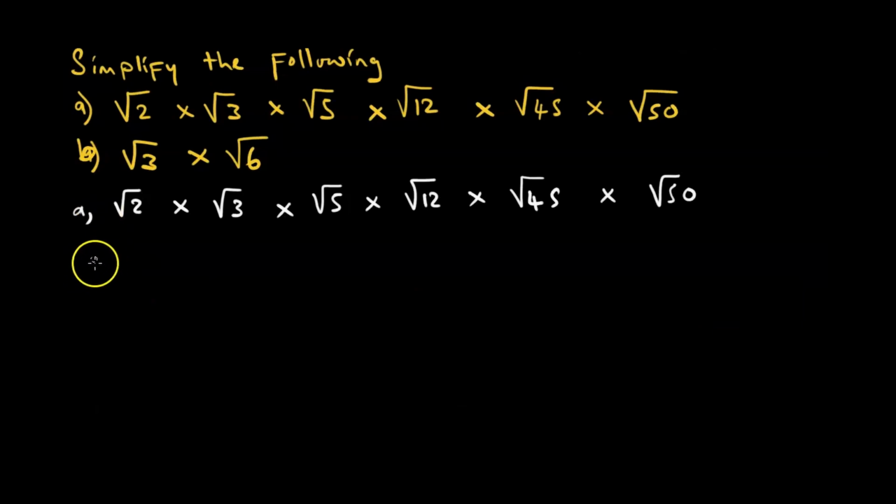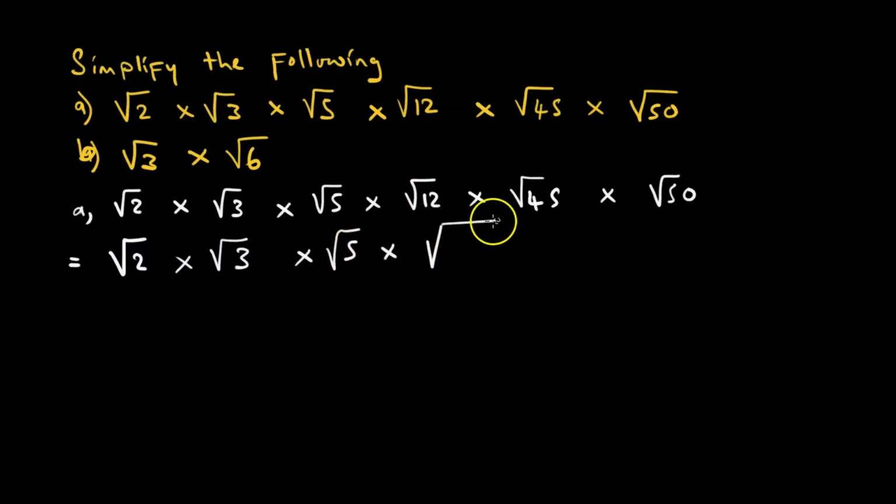So here, this will be equal to the square root of 2. We cannot express it in surd form. We don't have two numbers, one of which is a perfect square, because 2 is a prime number. So it's only 2 times 1. So we just leave 2 as it is. The same applies to 3. The same applies to 5.